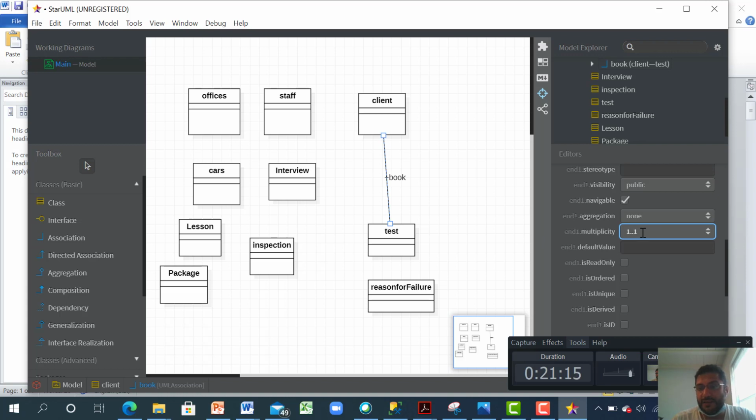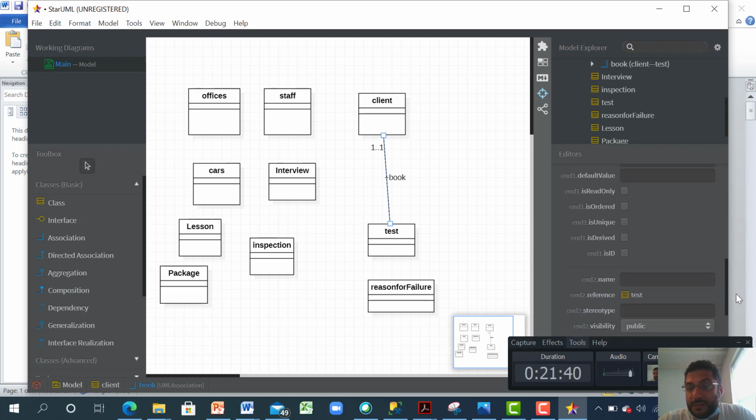1, 0, 1. It means, let's say the client can have multiple tests, so it's one to many, but the minimum is 1. Okay, so the test has minimum one client. It cannot go for 0. The test cannot have zero clients. But from the other side, the client can have multiple